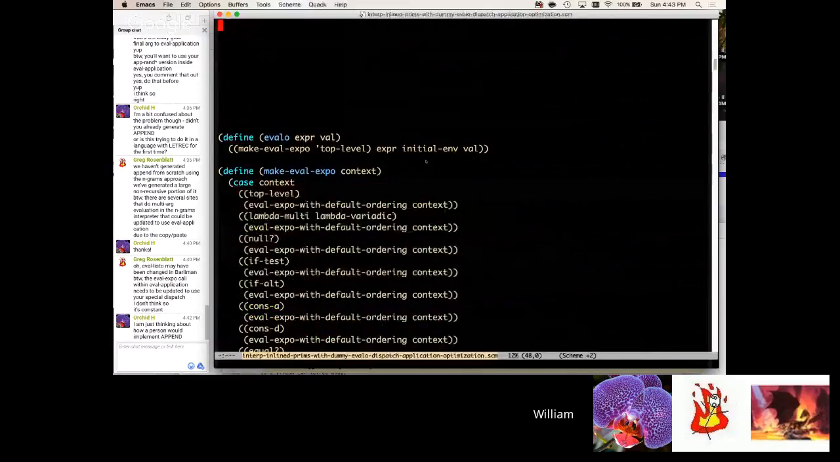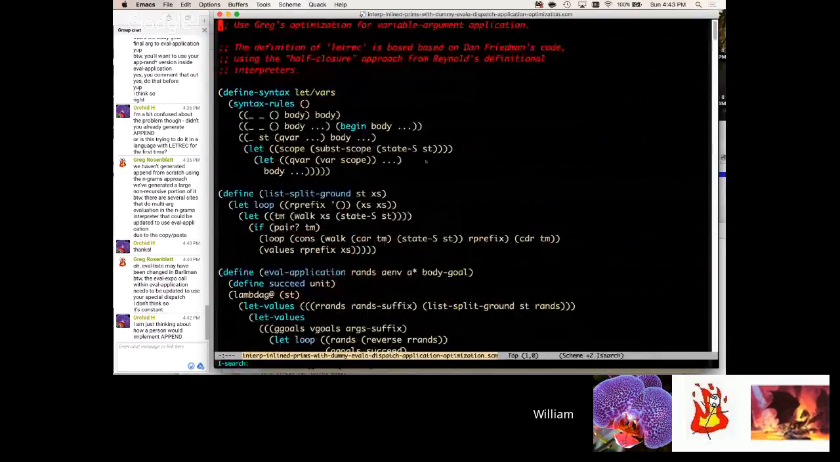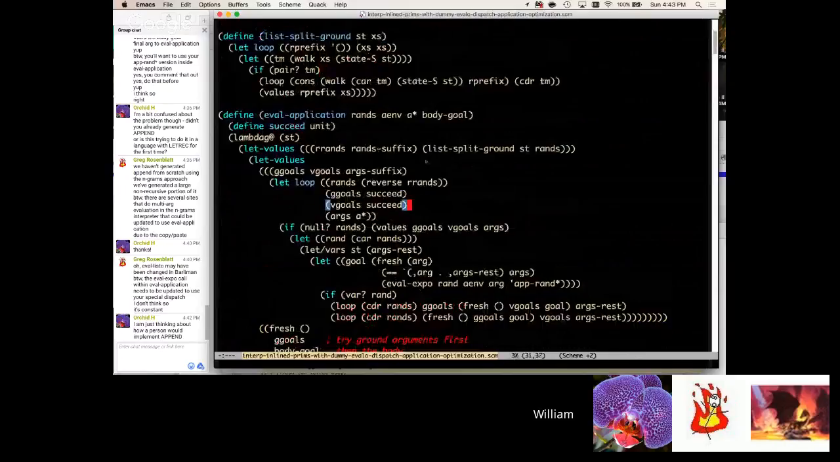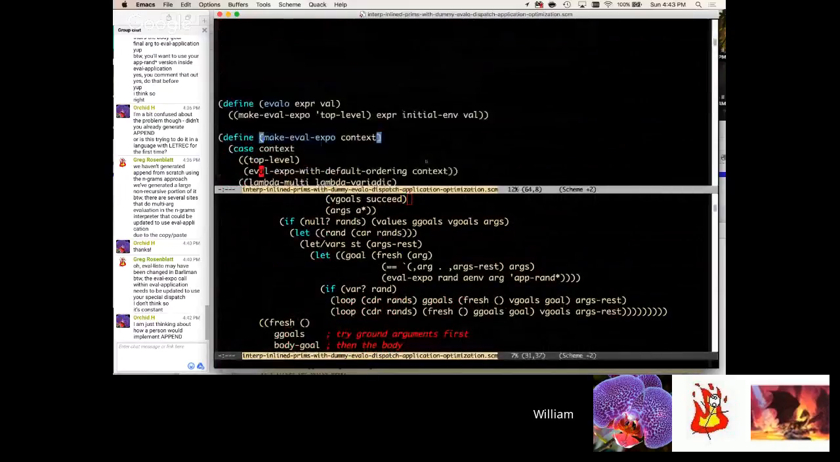Oh. Eval expo is not defined. That's true. The eval expo is not defined anymore. It doesn't exist. Changed it to use the make eval expo thing. Yeah. Okay. So